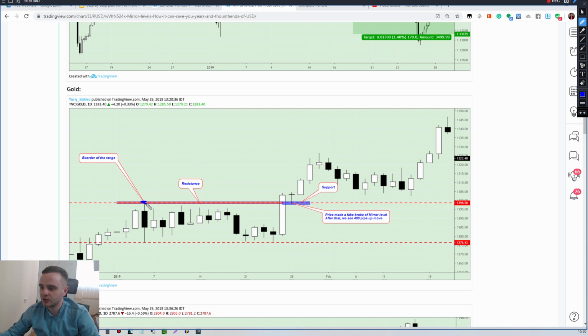At this moment, take a look. We have a key level, the border of the range. As you can see, price was here so many times. And after the breakout, take a look at this beautiful mirror level. What does it mean? Here we had a resistance, and price was inside of this resistance. After the breakout up, price broke it up. And just imagine, everyone who opened a sell entry here was stopped out.